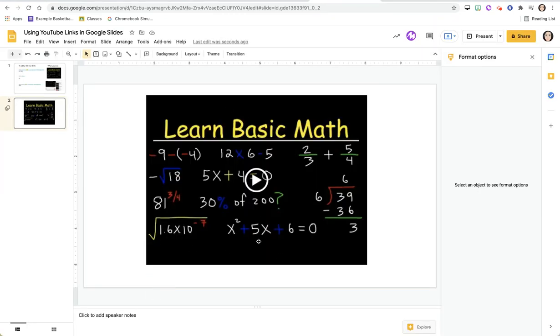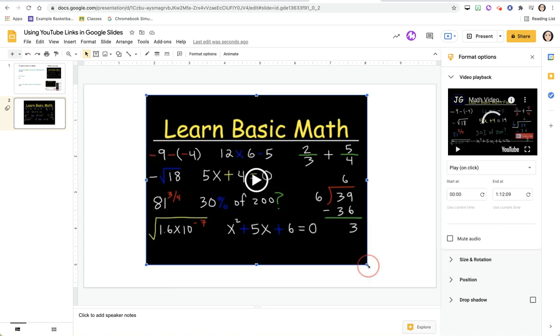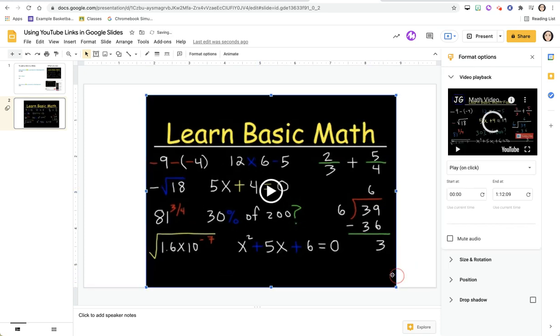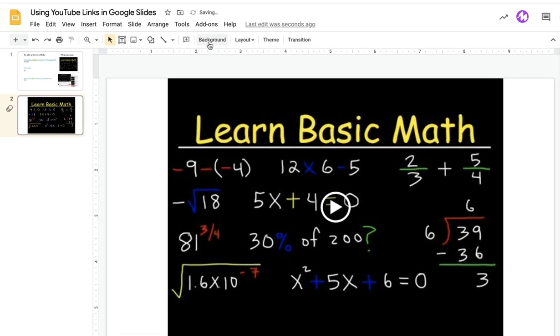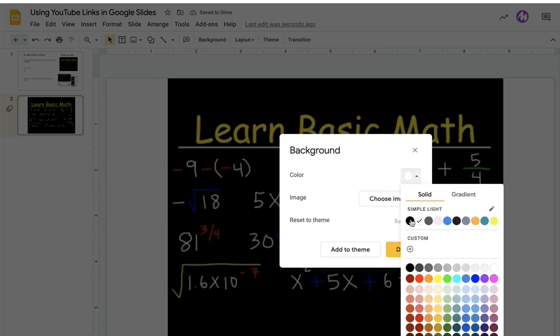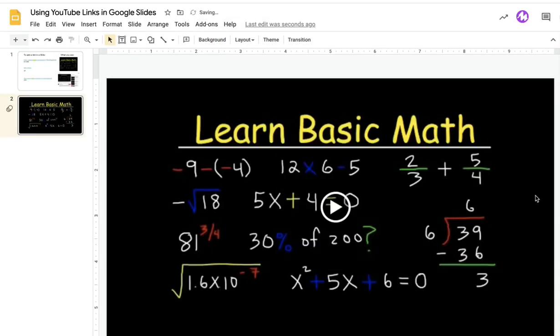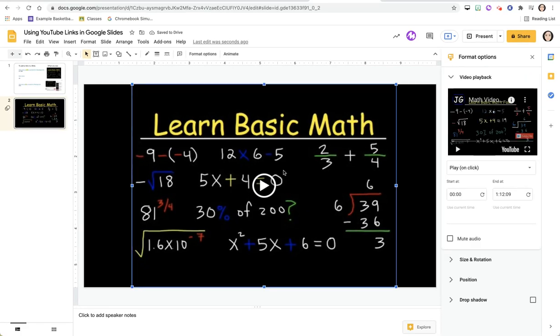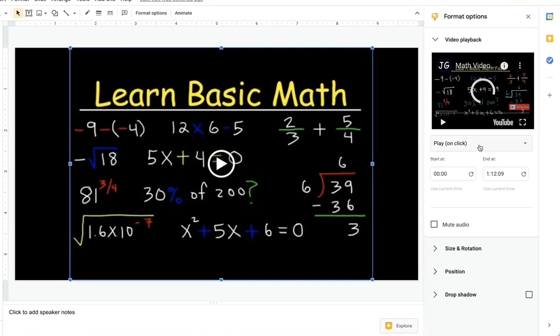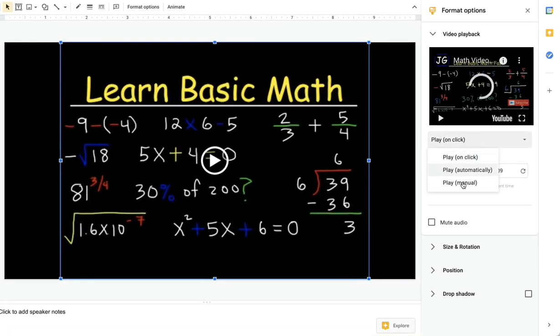And then it does pop up, and you can make that video as big or as small as you want to. I can cover up the entire slide. I can change the background of the slide and make it black to make the video pop up a little bit more. And when I select that video on the right-hand side, I do have some formatting options. If the formatting options don't pop up right away, I can always just click Format Options right here. And what that will let me do is it will let me change the way that that video plays when I'm in present mode. Okay, so if you want it to play automatically,